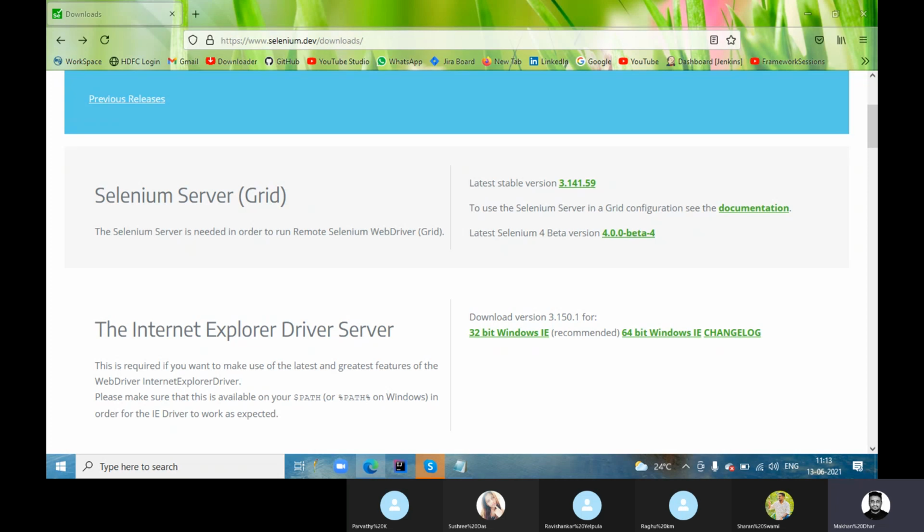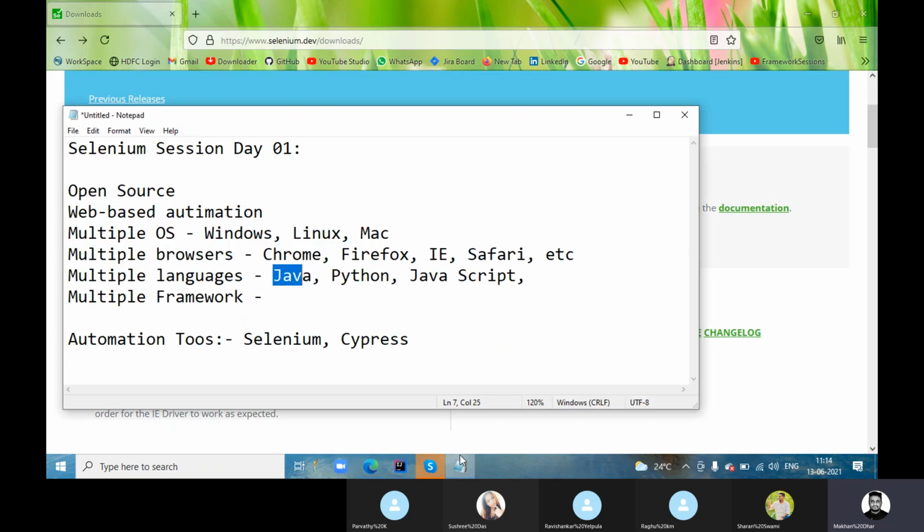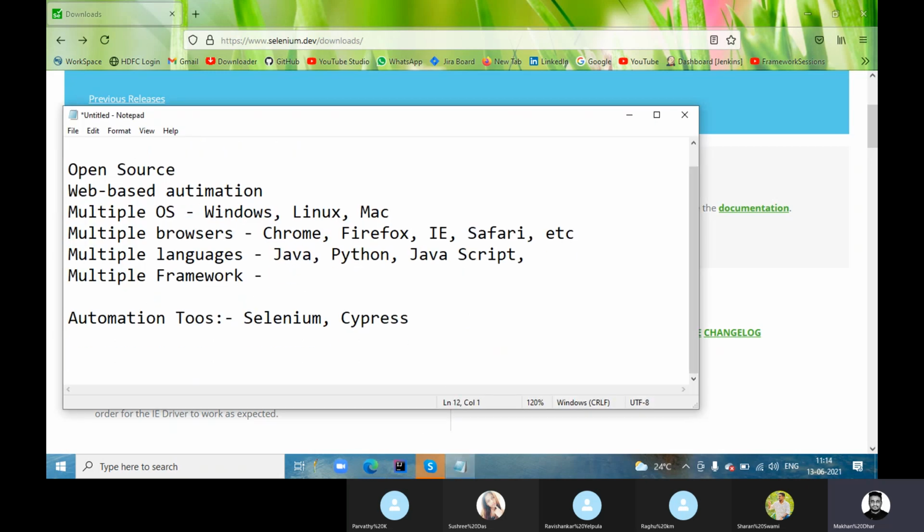So QTP can automate desktop as well as web. Maybe you people are aware of QTP. That also automates. So before I go to anything, I will tell you a few things about Selenium which you should be aware of